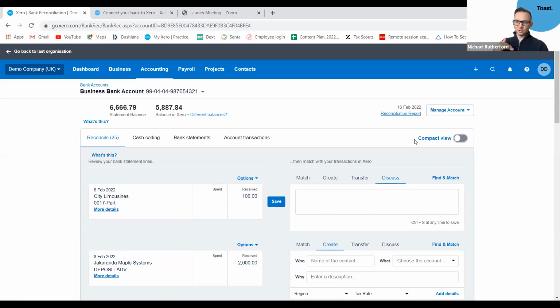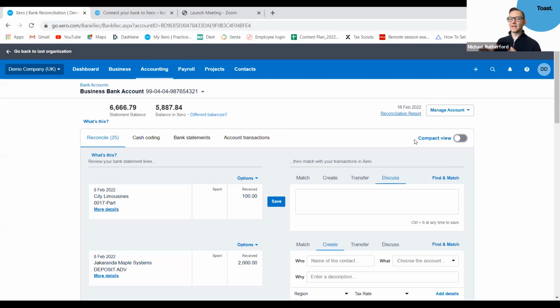If it's a receipt, it'll put it in as a bill to pay. If it's an invoice, it'll put it in as an invoice that you've raised. If you don't have the app on your phone, you can forward them to an email address, and the same process will happen.